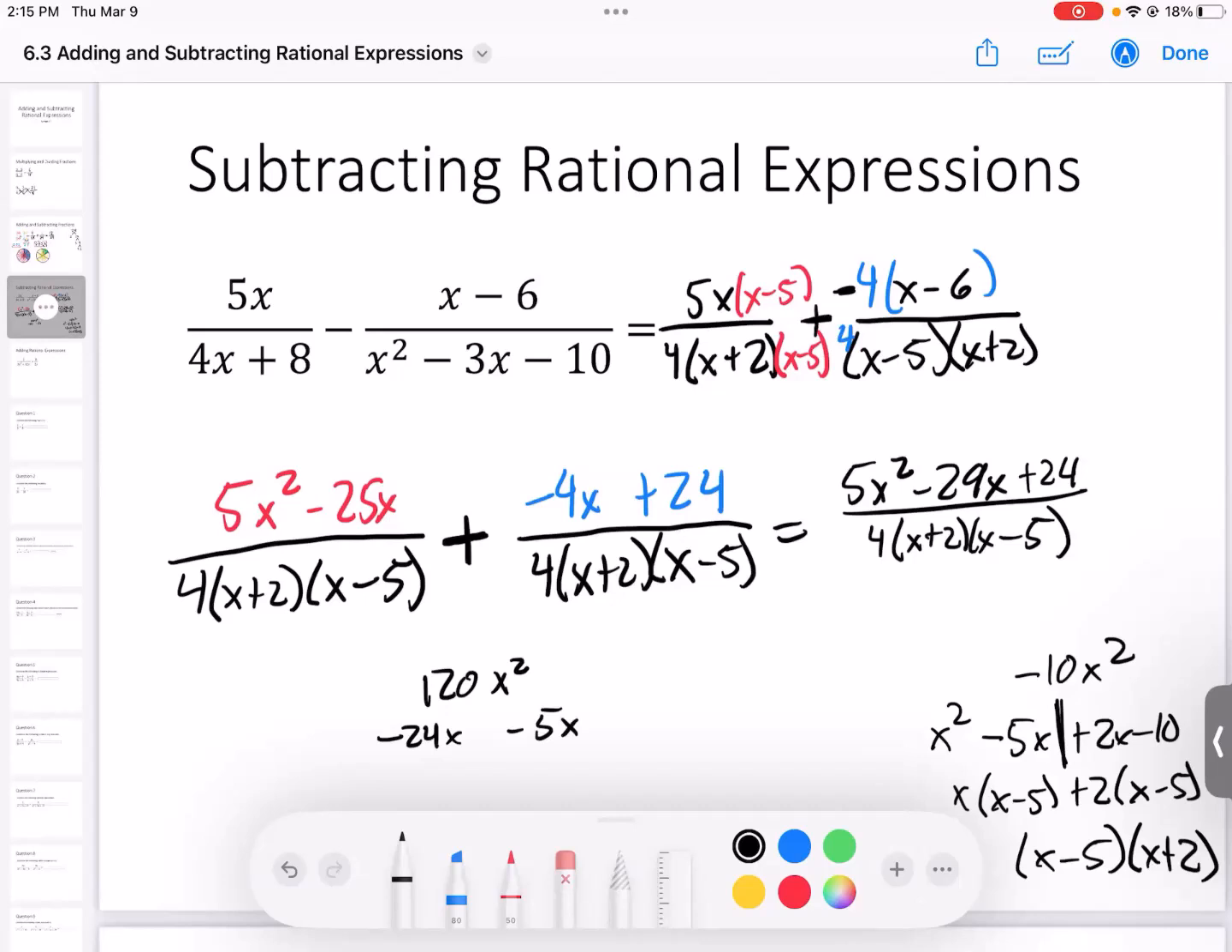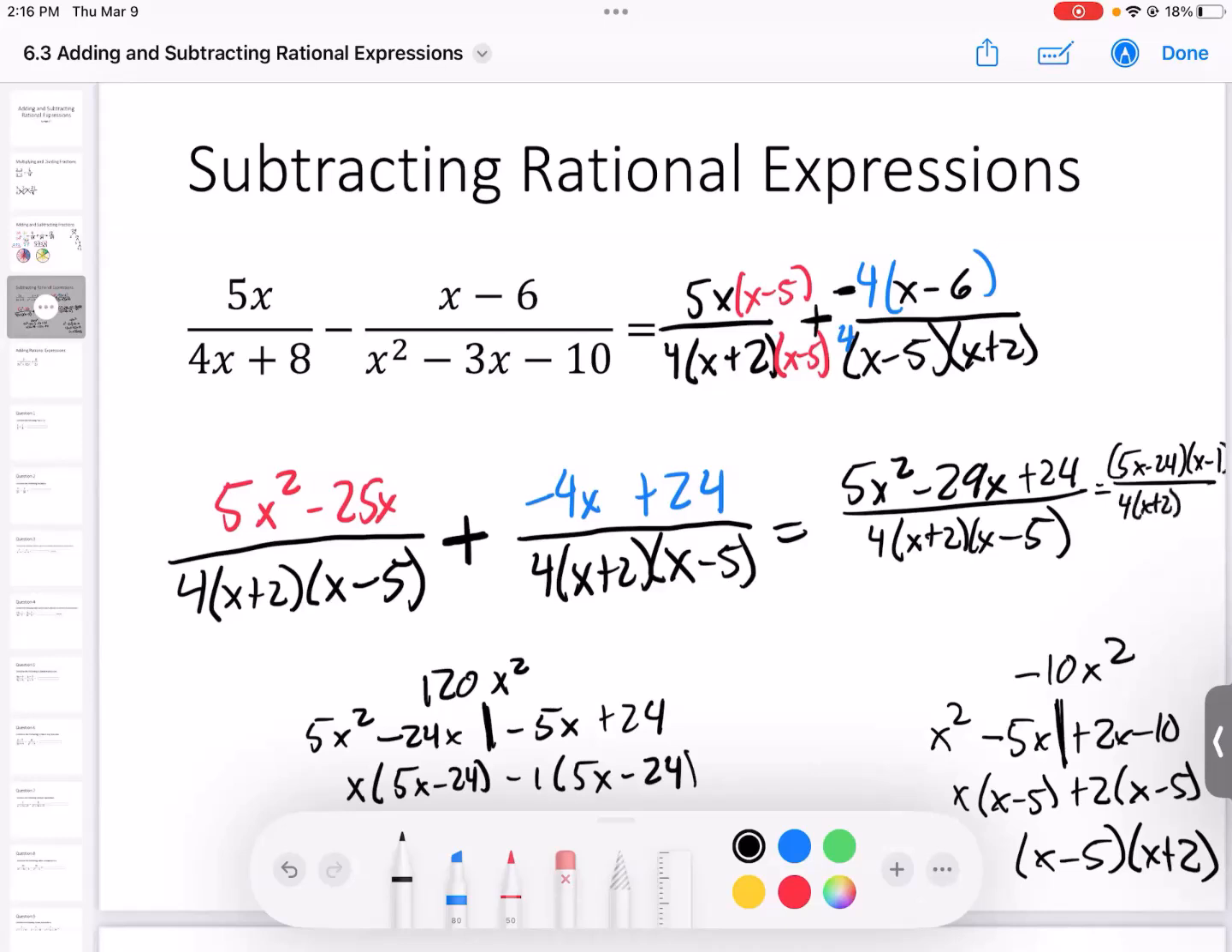Okay, sweet, awesome. So we'll have 5x squared minus 24x minus 5x plus 24. Split those into 2 groups. The first group has an x in common. We end up with 5x minus 24. The second one we could say has a -1 in common. That leaves us 5x minus 24. And so it looks like this factors to be 5x minus 24 times, sorry, this is really tiny, x minus 1 all over 4 times x plus 2 x